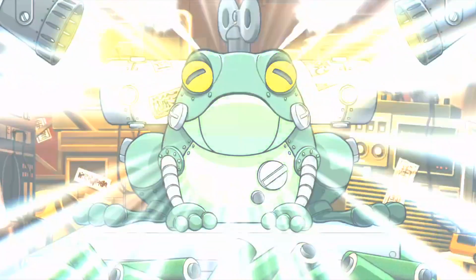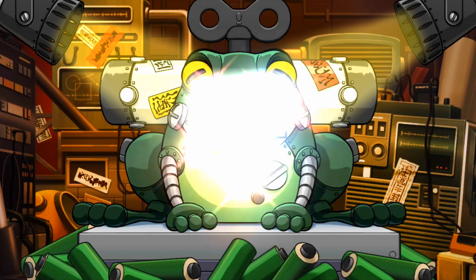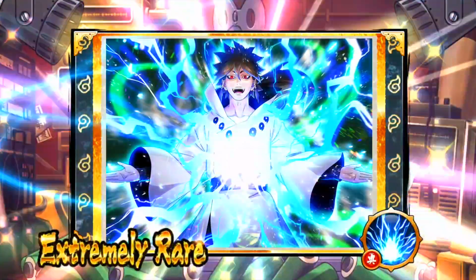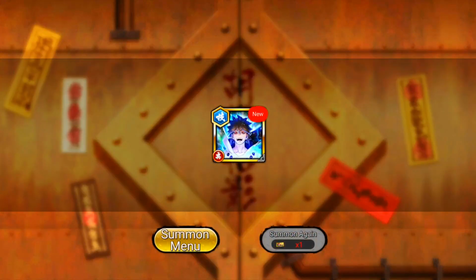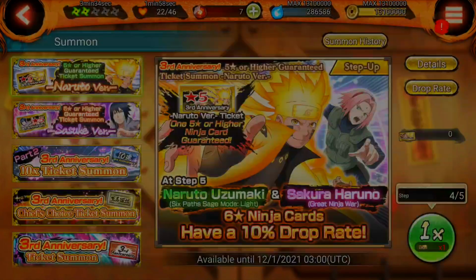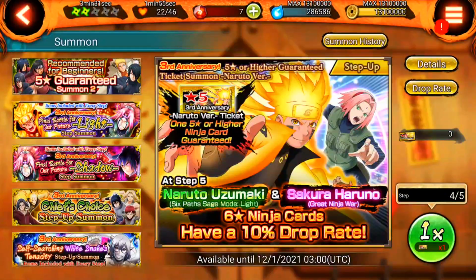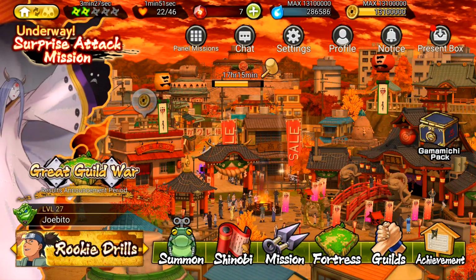Like, having 2 ults, there's only so much that Sakura can do by herself. Okay, it turned into a 5-star, of course. I mean, you're guaranteed. But alright, Indra's ult, I'll take it. I've walked away with a lot of ults every time I get a new ult, pretty much. But dang, man, I can't believe that. I really wish it would have been Naruto's. I really do. But alright, now it'll be even more fun to go ahead and jump into the stage